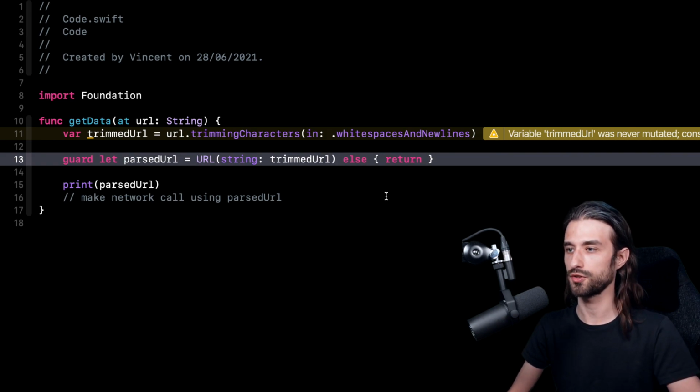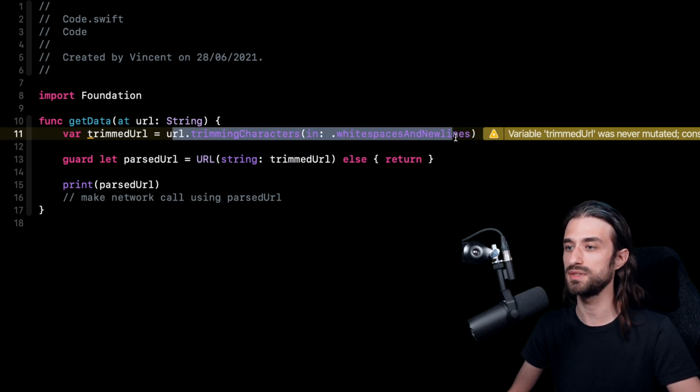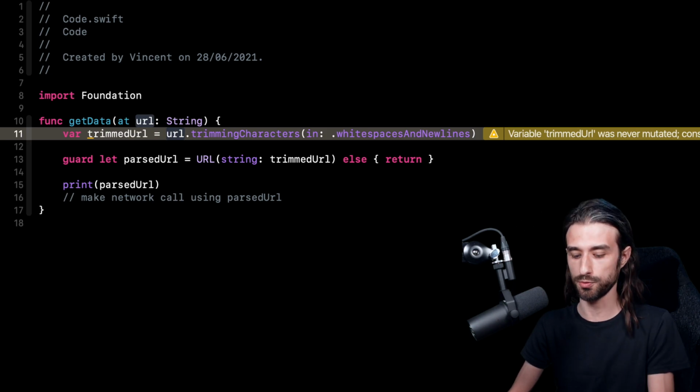So this is of course much better, but as you can imagine, in our app there could be several places where we would need to clean this kind of URL, so it would make sense to factor out this piece of code. A classic way to do it in Swift could be to, for instance, create a global function or create an extension on the type String. But if you know about property wrappers, you can imagine that it could also be a very good candidate for a property wrapper. So what I'm going to do is implement such a property wrapper.